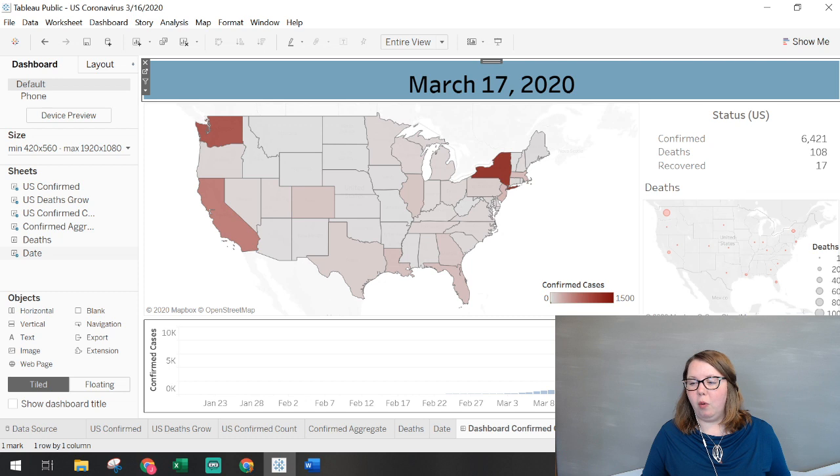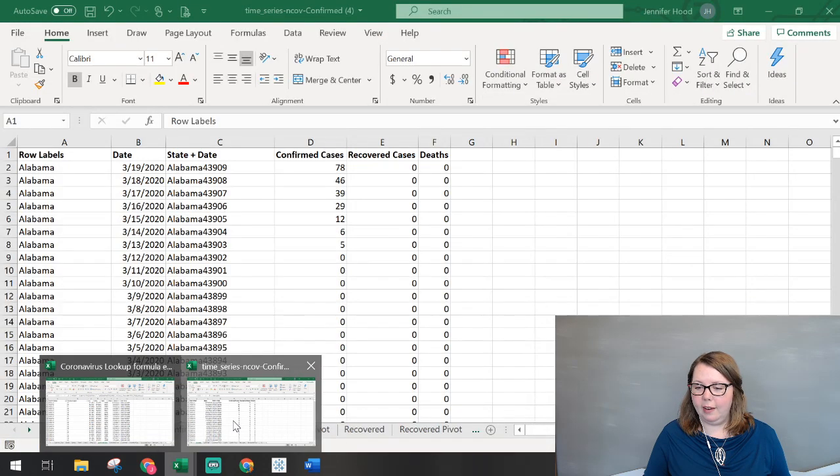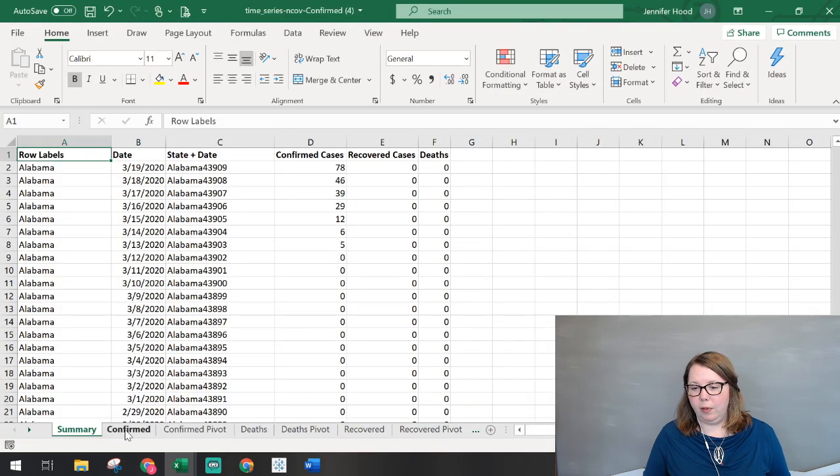There are many, many other ways to clean your data. There are many other tools that you could use to clean your data. In some cases, depending on what your data is like, you could be cleaning it up directly in Tableau. You wouldn't have to pre-process everything. And you can see we wouldn't have had to do much processing if we had another state that we were looking at.